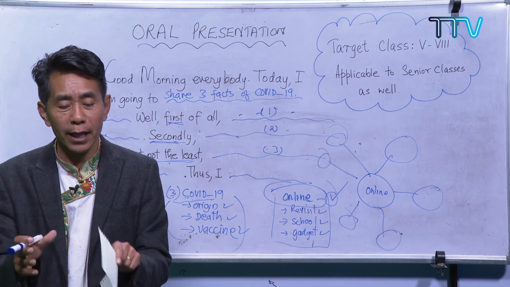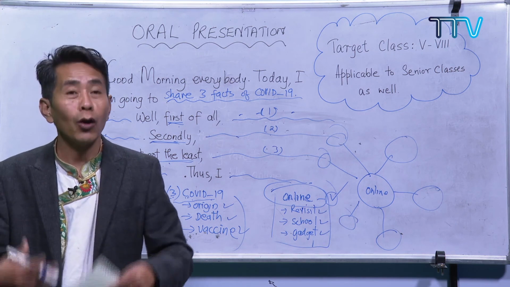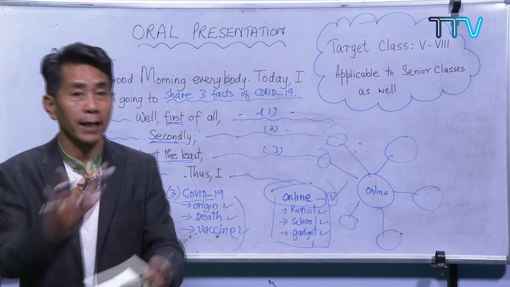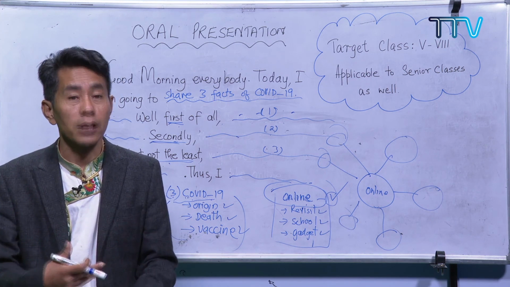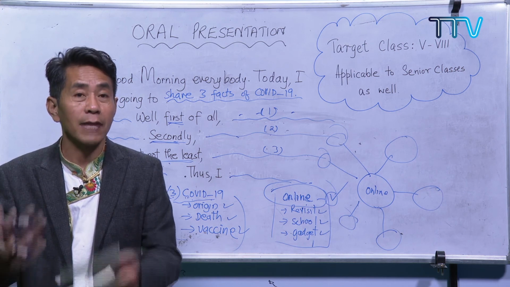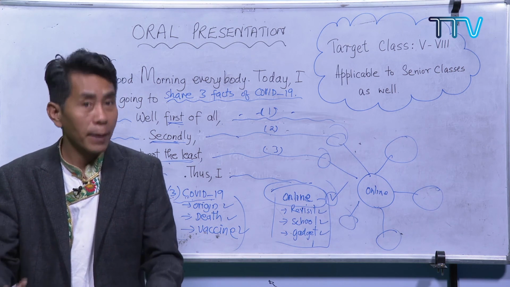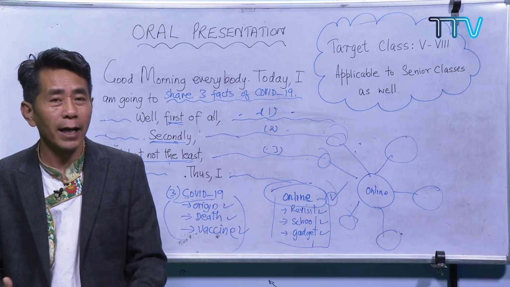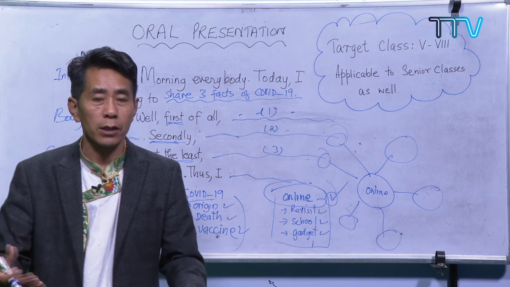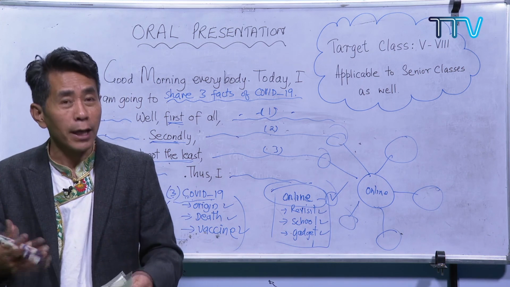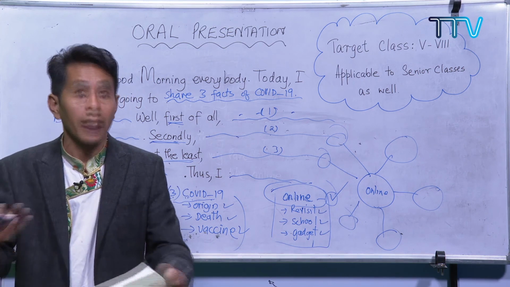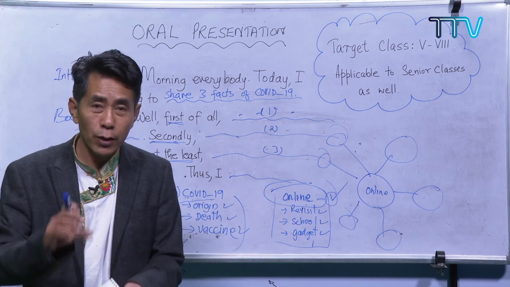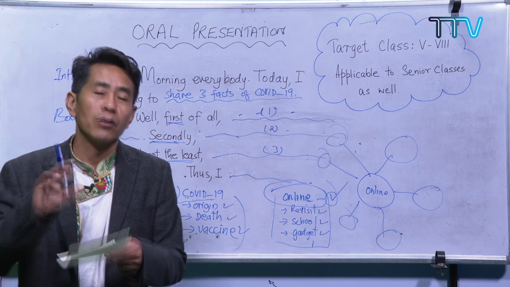During that short time, you try to use all the things that you have to keep in mind when you are doing an oral presentation, which has already been spoken about. What are the things that you have to keep in mind when you are doing an oral presentation? So this is how we start. This is where we begin. Then gradually, when you go to a higher level, there are other tactics that you can learn. For the time being, this is what you have to keep in mind. Try to make your presentation very short.